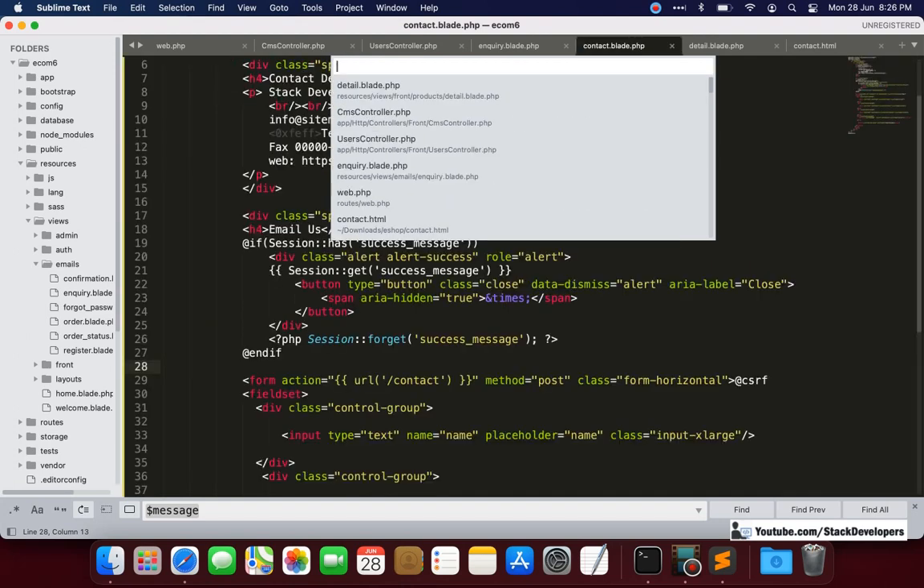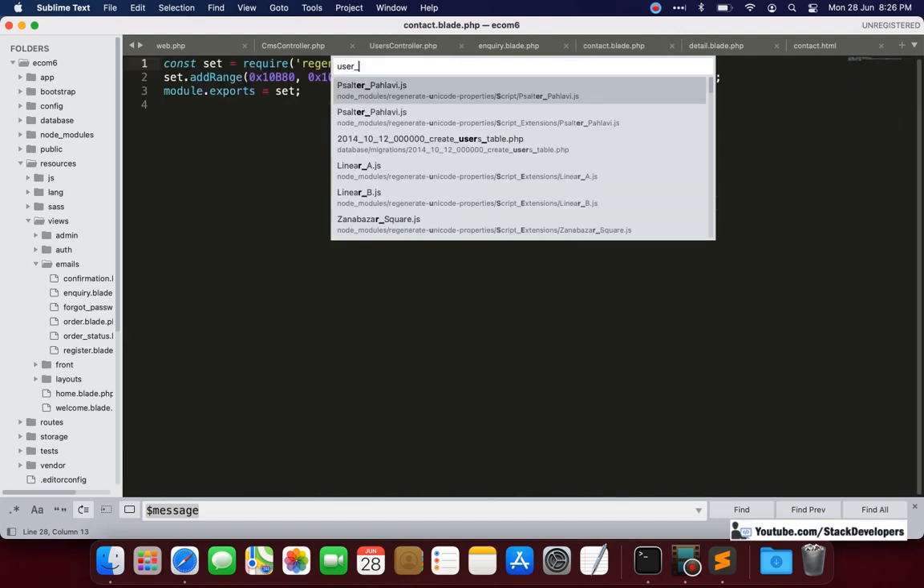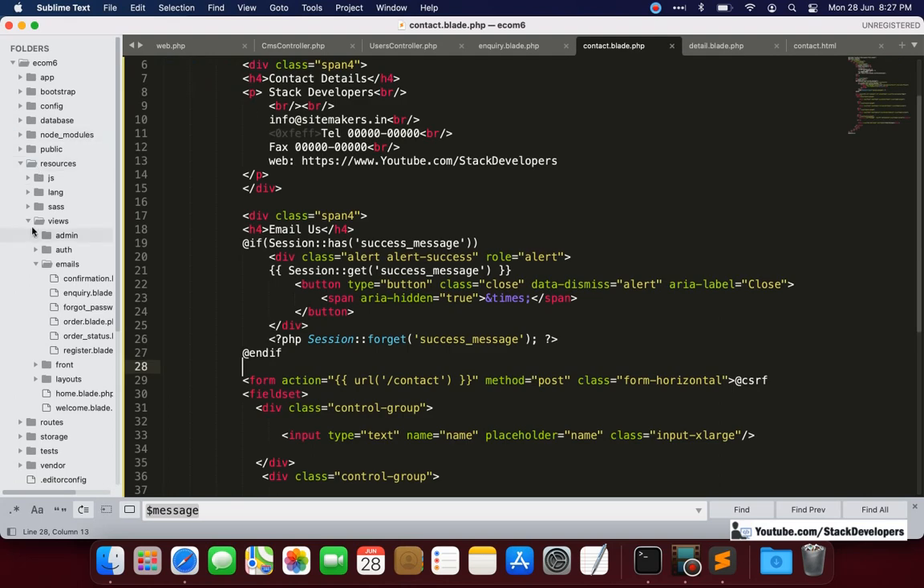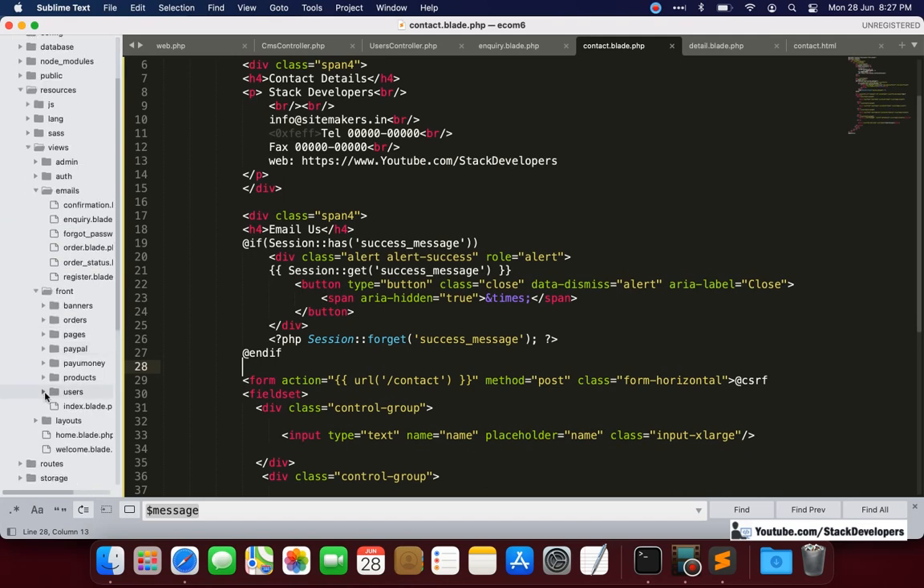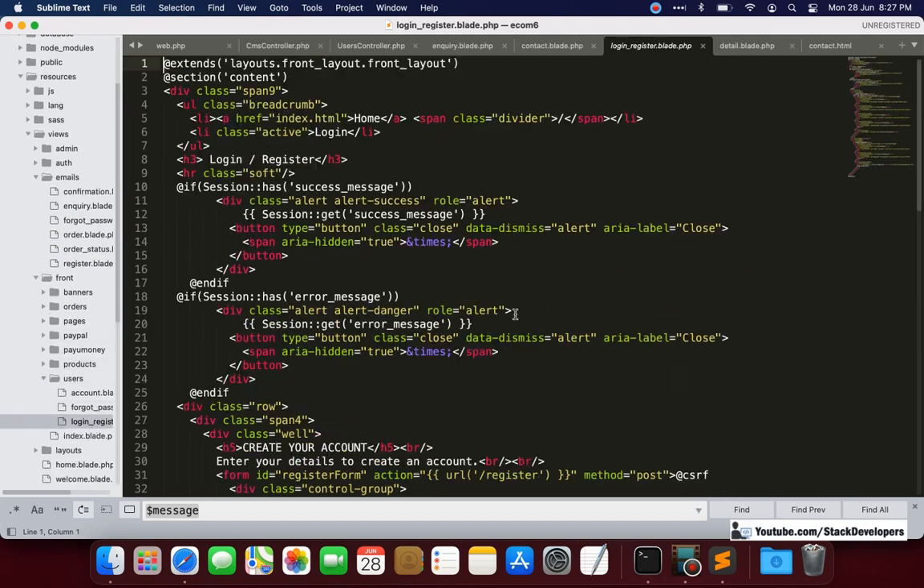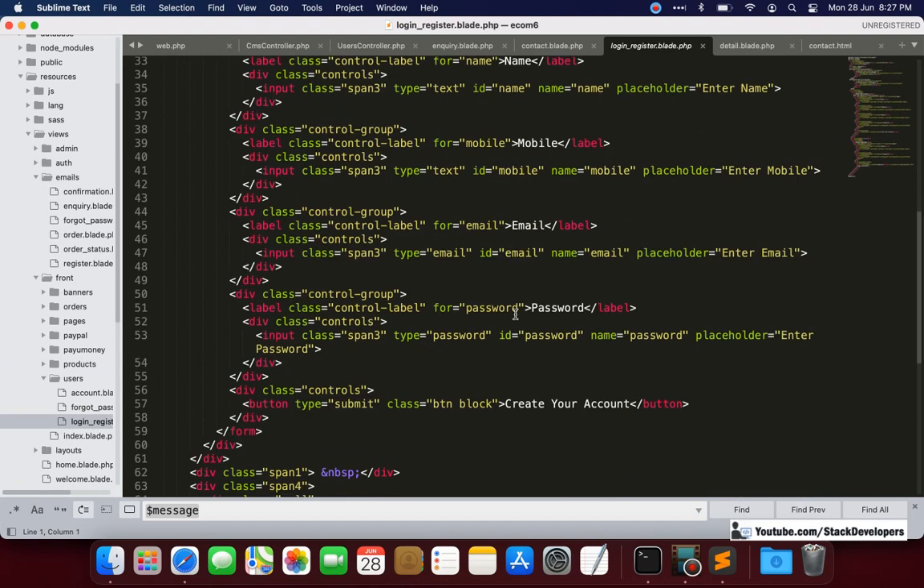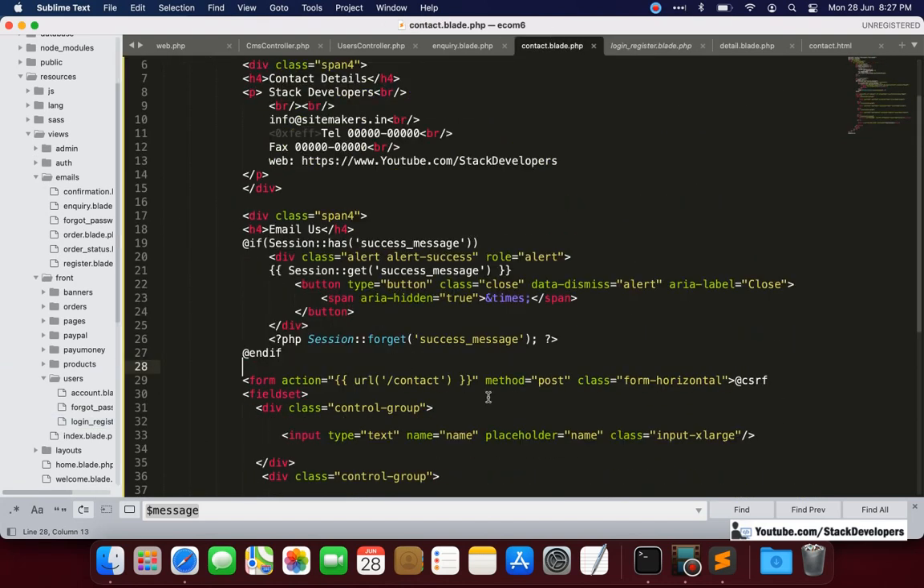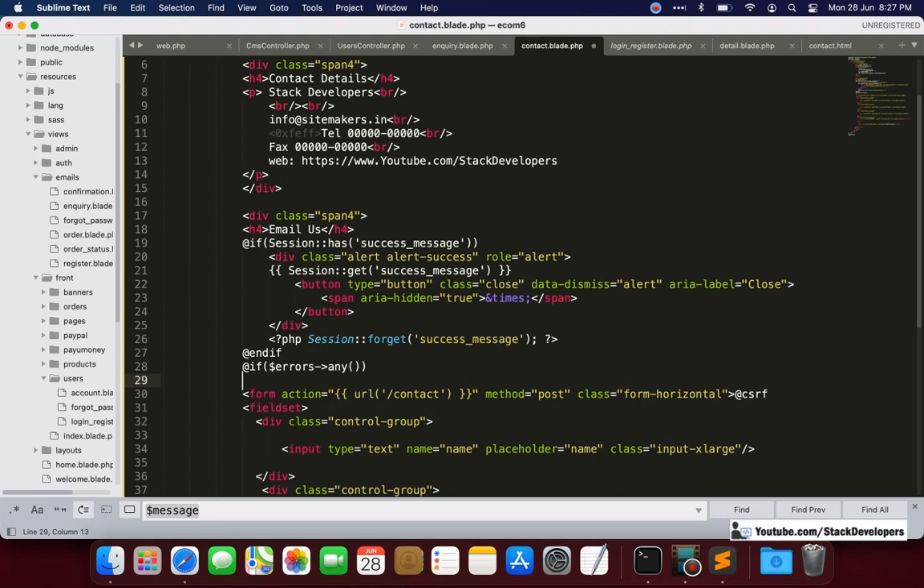Login user, sources views, front, users. This one is not having it, okay, no issue. For showing the error, we need to do if $errors, if there are any kind of error that is coming, any, okay, and if